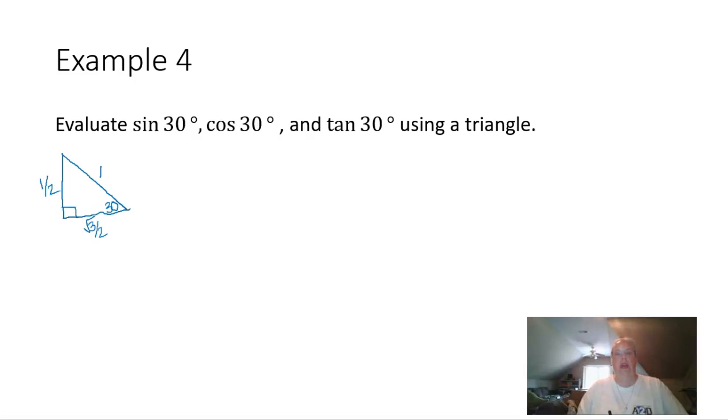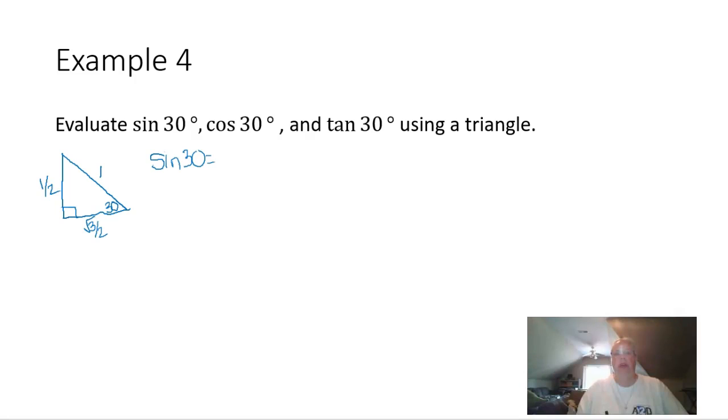The 1/2 does have to go across from 30 degrees because we have a theorem in geometry that says that the smaller angle should be across from the smallest side, and 1/2 is 0.5 as a decimal, and square root of 3 over 2 is 0.87 as a decimal. So it is larger, which means it should be across from the 60-degree angle here. Okay, to find the sine for 30 degrees,